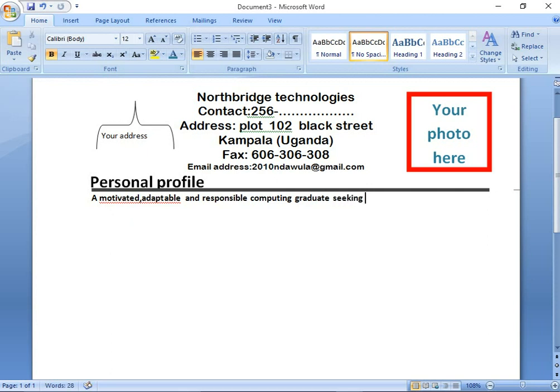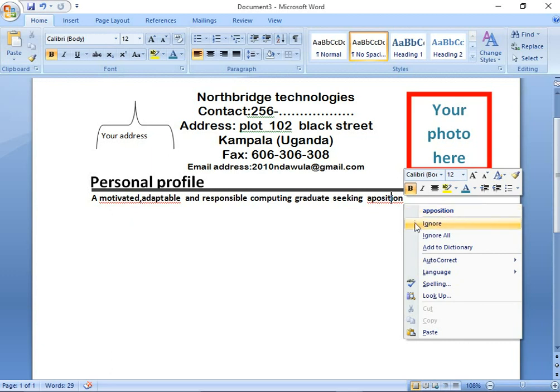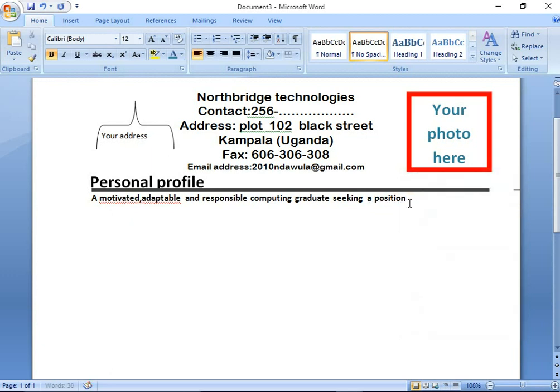Seeking a position. In here you may as well show your education, in case, or whichever level you have while asking for the particular job. So a position in an IT, let's say IT position